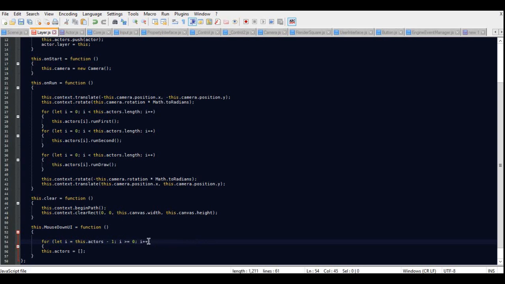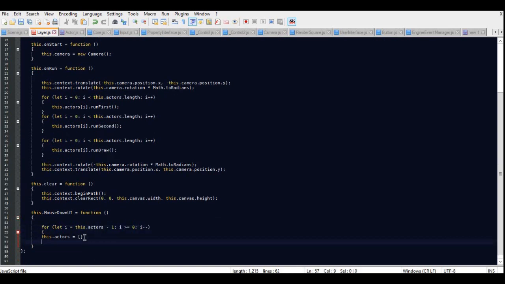And the reason we're doing it backwards is just so the later the actor is added to the scene, the higher the priority is on the click, rather than the first. Because if you think about how it draws, the last thing is on top. So if you're going to click something that you're seeing, it's going to be drawn on top, not on the bottom. And set an actors to, so we're just going to do dot mouse down UI,